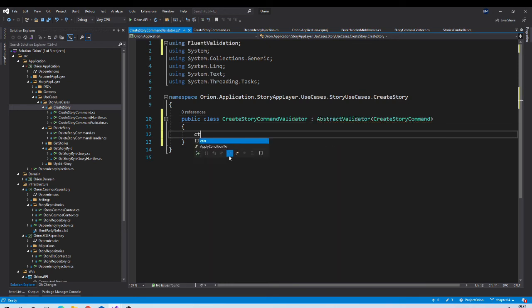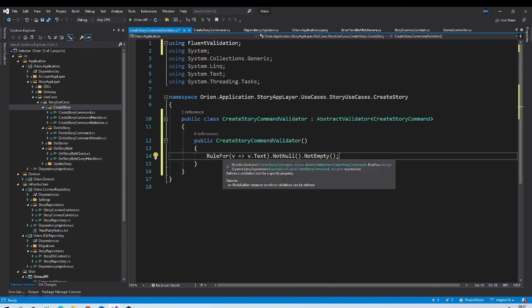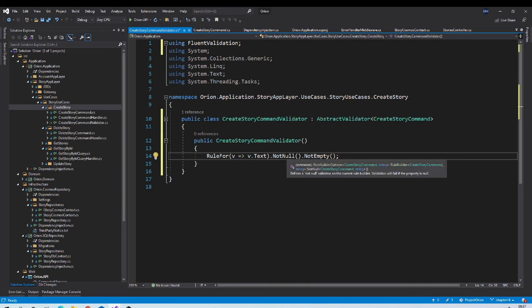And then we need to insert a constructor for this class inside which we will be writing all our validation logic. In this case, we just want to make sure that the text property is not empty and not null. So we can simply write that rule using the RuleFor method and the validation methods provided by Fluent Validator. There are many built-in validation methods available and we can even write our own custom validation method.